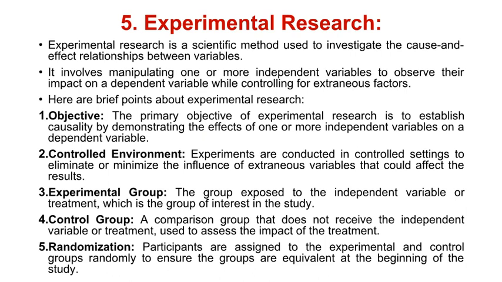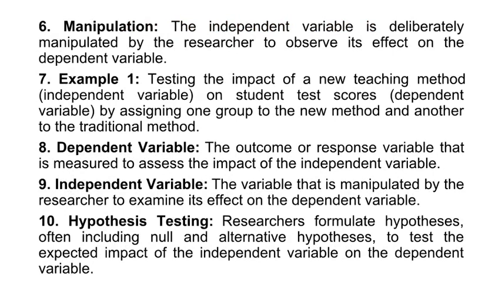the study. 4. Control group. A comparison group that does not receive the independent variable or treatment, used to assess the impact of the treatment. 5. Randomization. Participants are assigned to the experimental and control groups randomly to ensure the groups are equivalent at the beginning of the study. 6. Manipulation. The independent variable is deliberately manipulated by the researcher to observe its effect on the dependent